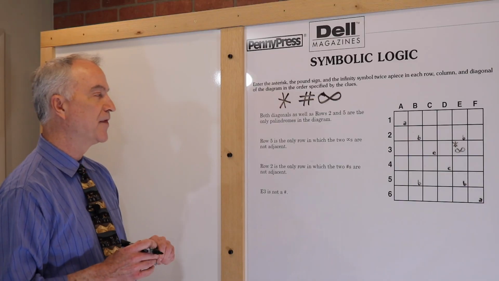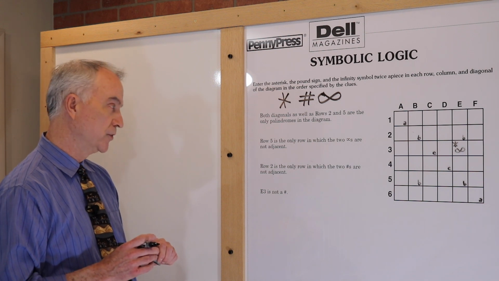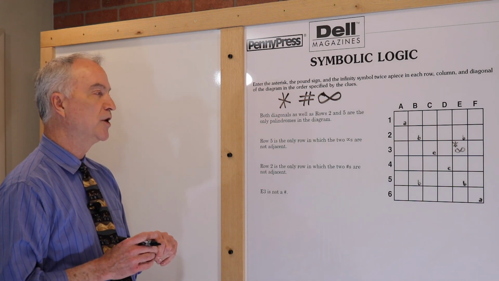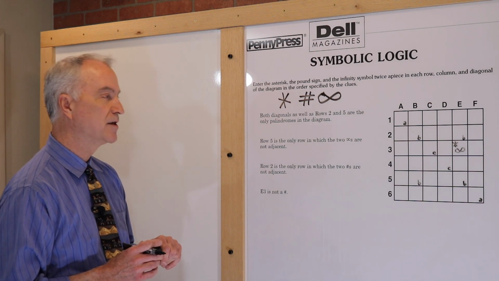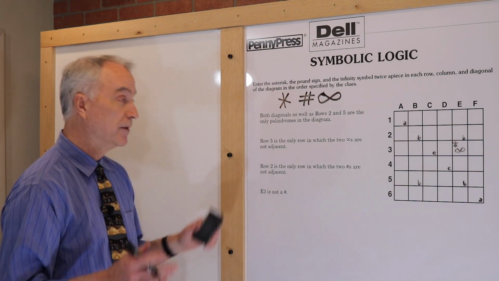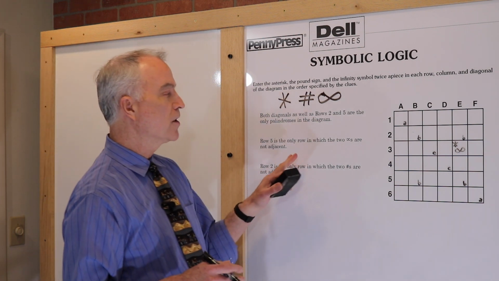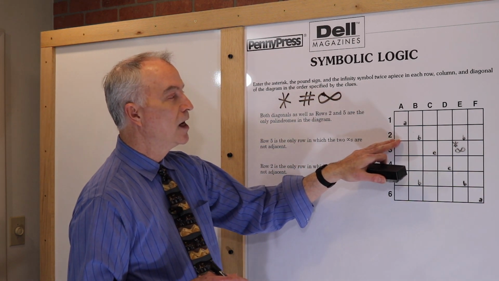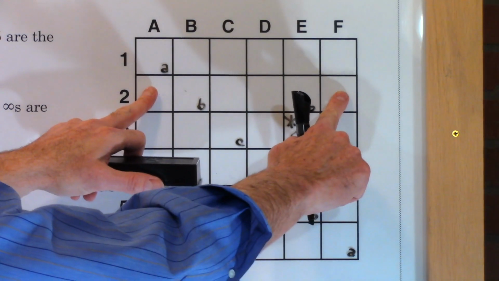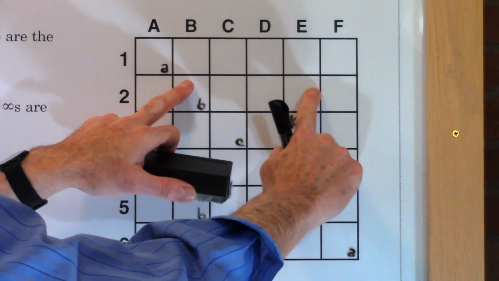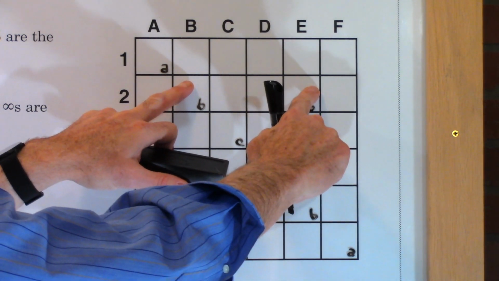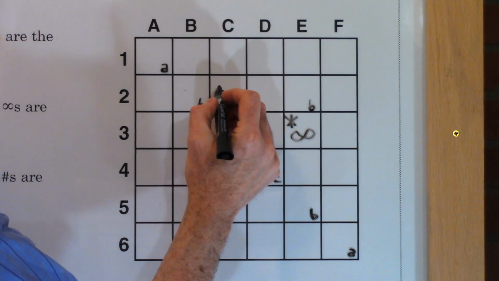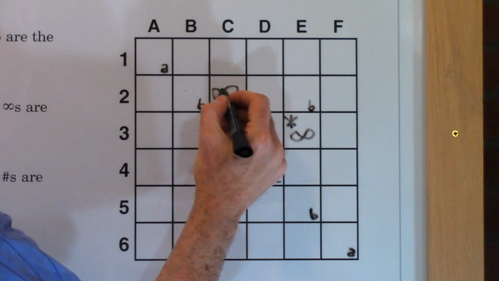Let's take a careful look at the grid and consider one of our clues. Row 5 is the only row in which the two infinity symbols are not adjacent. Well, in order for the two infinity symbols to be adjacent in row 2, it can't go here and here because this is going to be a palindrome. Those wouldn't be adjacent. It can't go here and here. Those would not be adjacent. So the only place where the infinity symbol can go is here